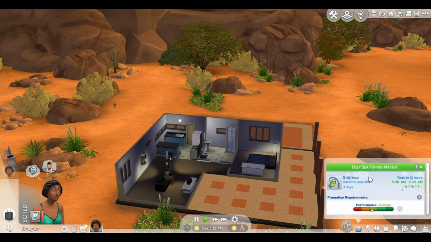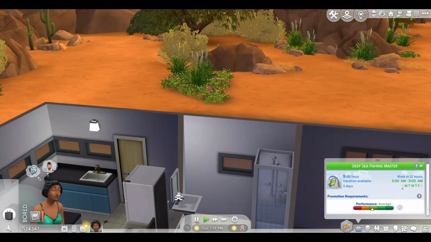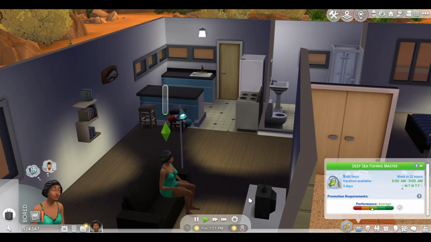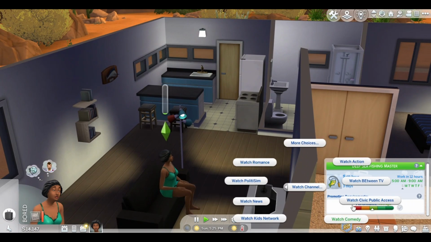If she has a job, it will be here. It says she's a fisher, starter, deep sea fishing master. Whatever the case is, I'm changing her job. Look how evil she is. She's just doing an evil laugh. She's still bored. Look, okay, I understand, but you need to learn how to cook, so we're gonna make you...